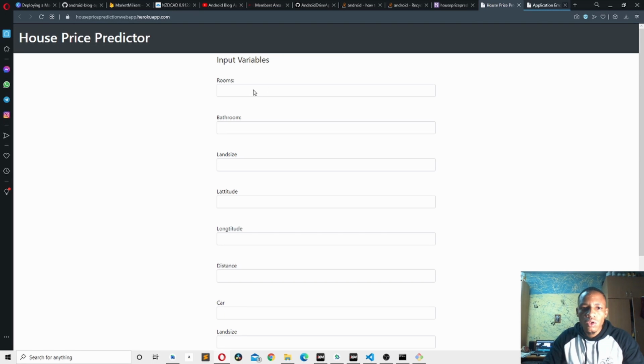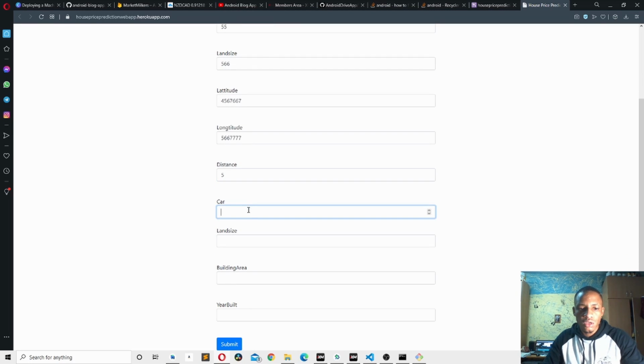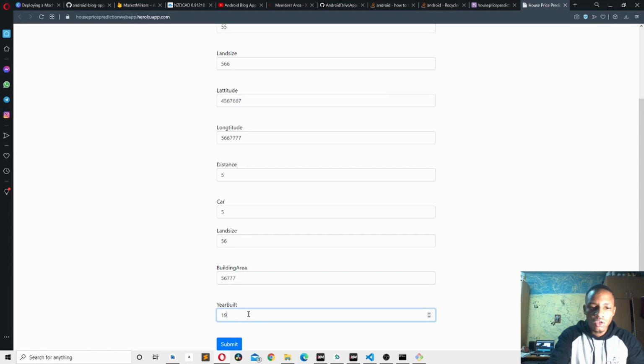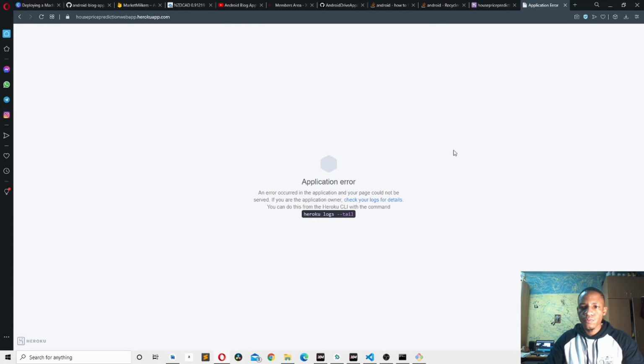So if you type in the number of rooms, the land size, the latitude, I'm just using dummy variables. You can enter actual values here, the number of cars, and then the land size, building area, let's say 1998. So if you click submit, I don't know why it's on this area. So if you click submit, this should send